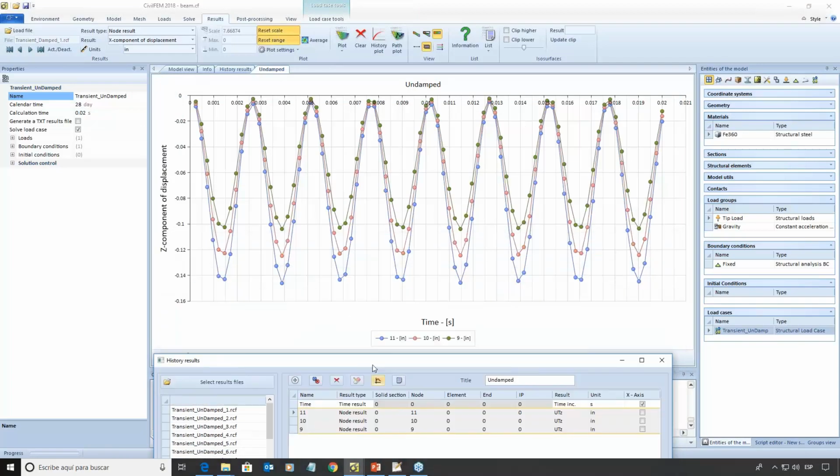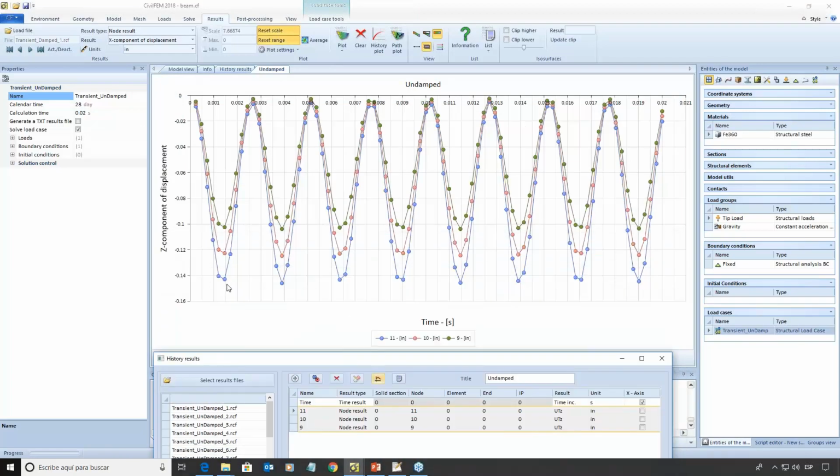And now we can see that the result is more accurate. You can see here eight cycles. We have solved 8 cycles, and our static solution will go here just in the middle, around minus 0.08 inches,